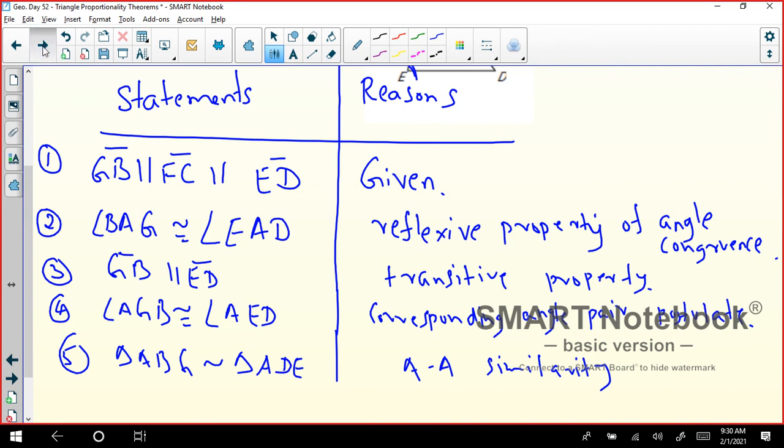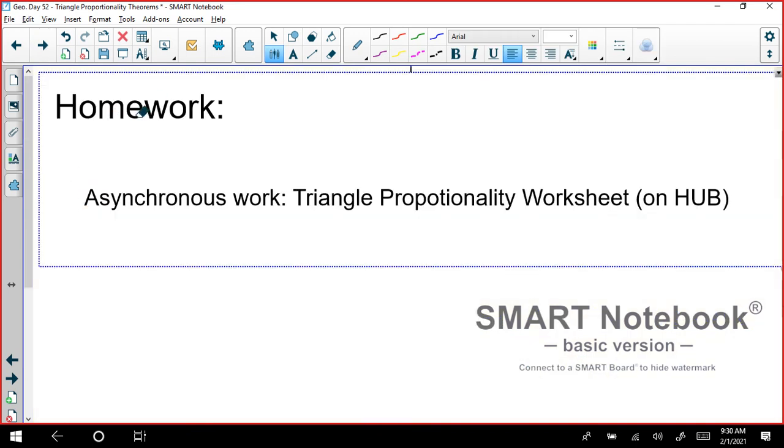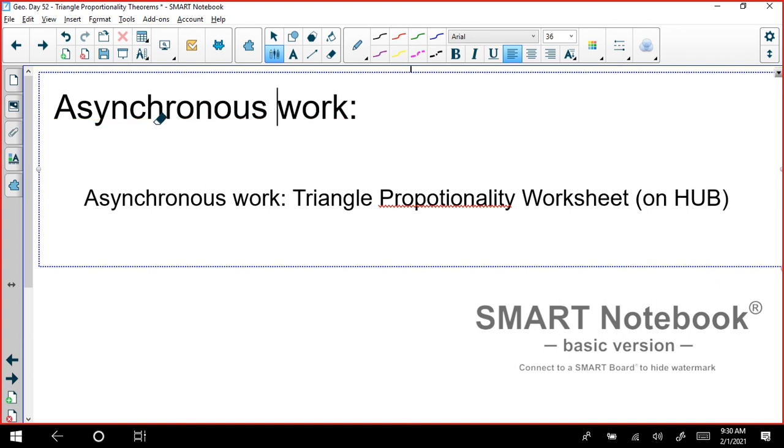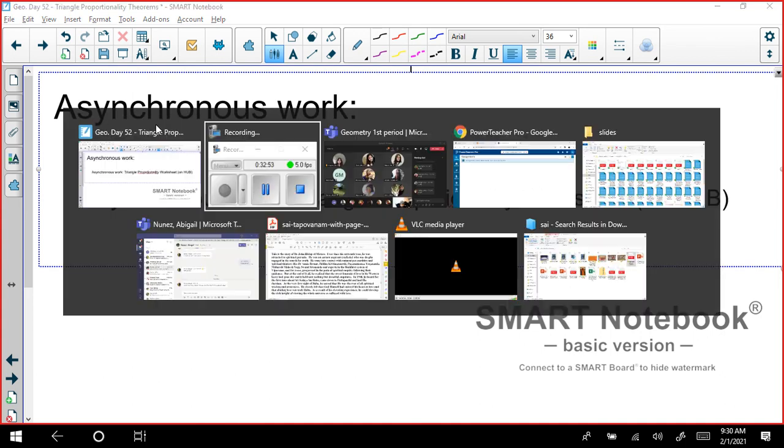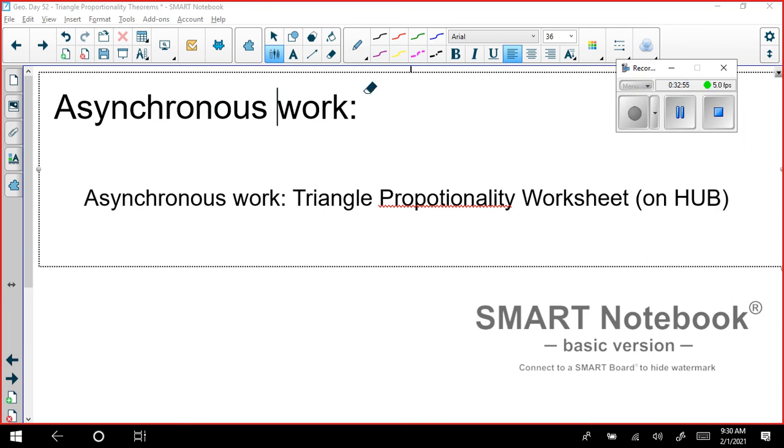I want you all to utilize the rest of the class time to work asynchronously on the triangle proportionality worksheet, which is due by the next class period. Check the due date accurately, which is published on the hub. It's a completion grade, but I will not be giving much flexibility this semester. As I've told you, I'll be strict with the deadlines, and late policies will be thoroughly practiced when it comes to grades. So turn it in exactly when it's due. You have the rest of the class time to work on this.